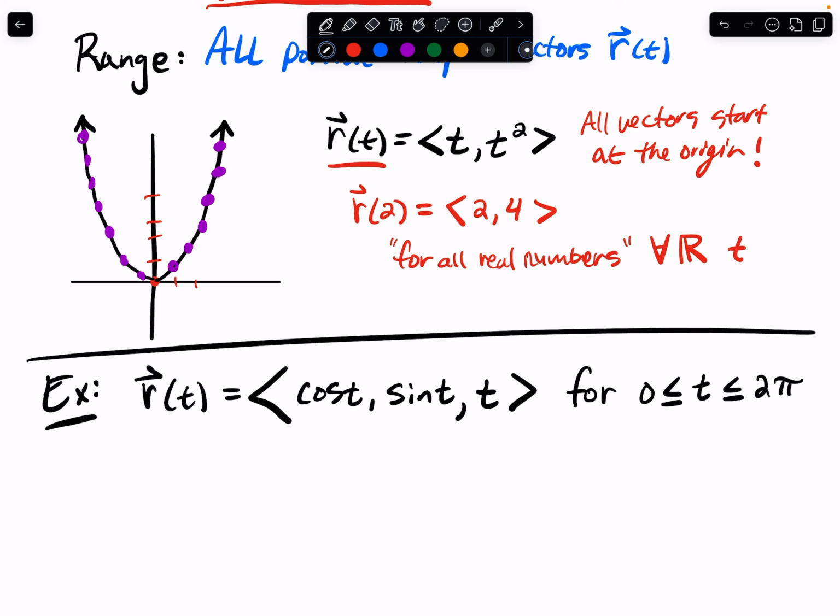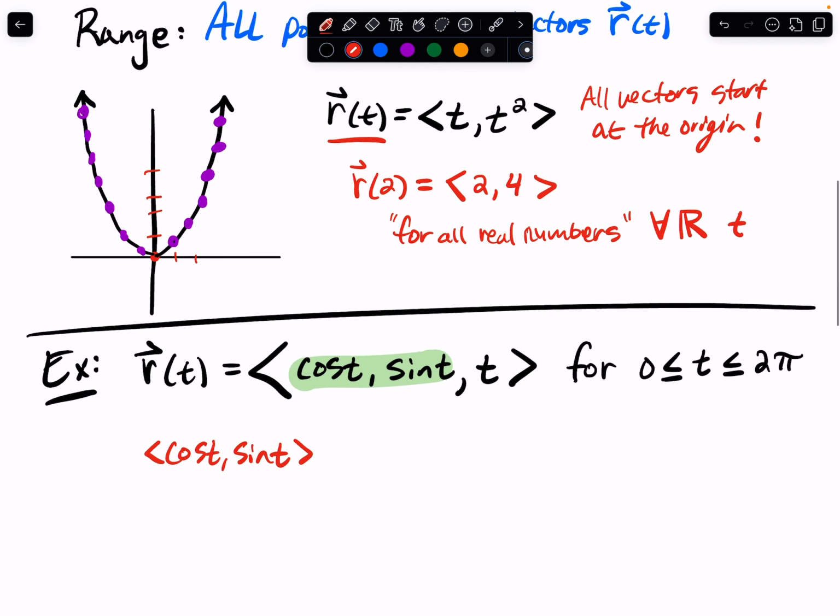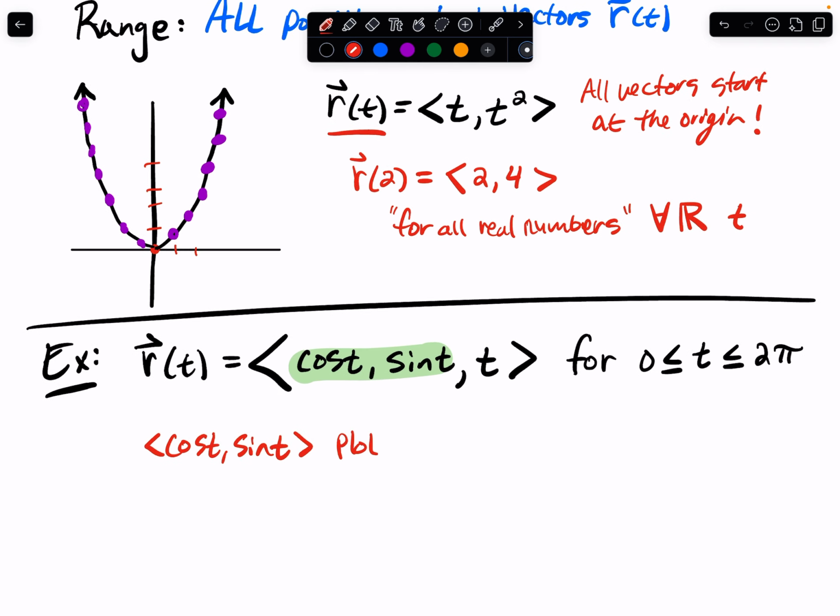So if you just look at the xy plane, these first two components here, then what do you have? You have cosine t, comma sine t, okay? And this plots the unit circle,